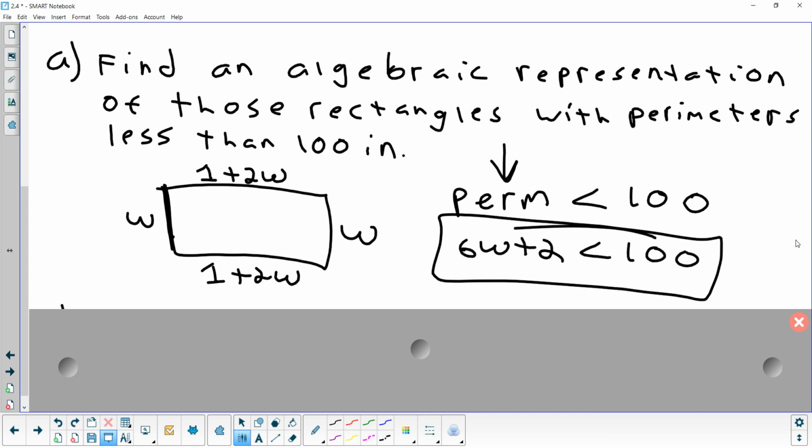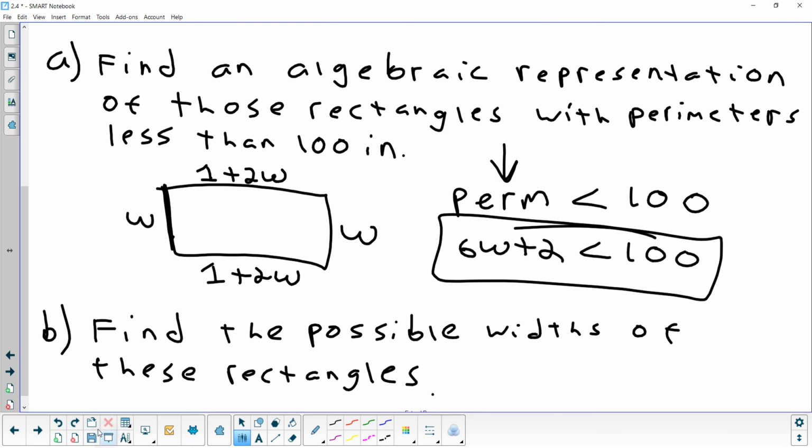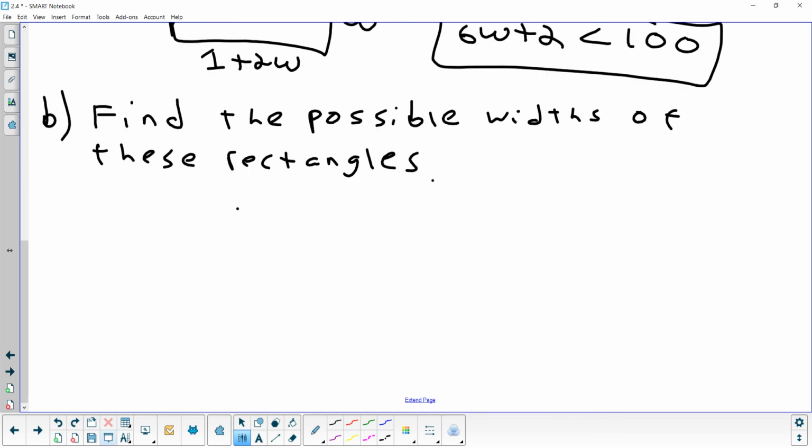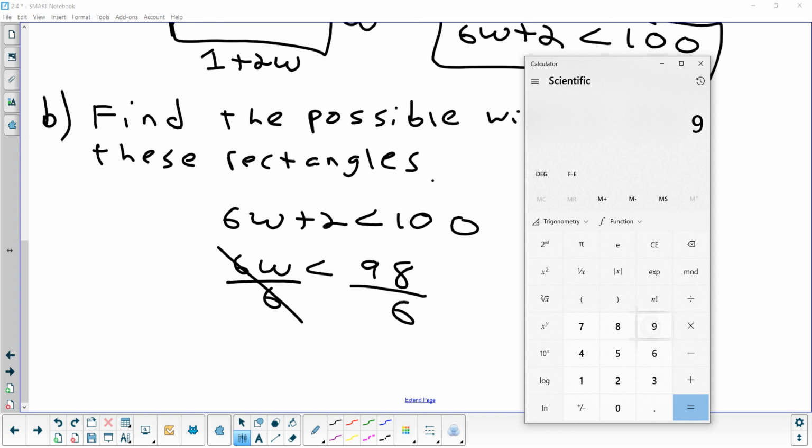That's part A. All right, part B is find the possible width. So now solve that inequality. All right, so we've got 6w plus 2 less than 100. Annalise, what's my first step here? Maybe to subtract the 2. Yep, subtract the 2. And my last step, divide by 6. Divide by 6. So we get